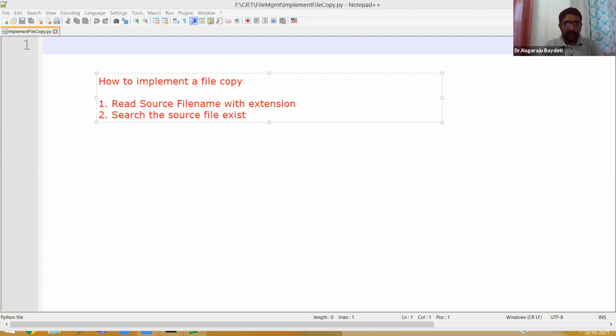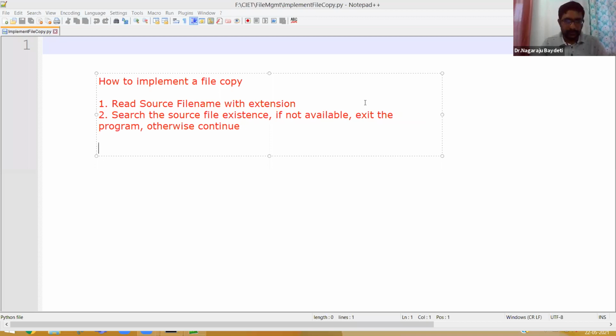If not available, that means you are trying to give the program a file name which is not there, exit the program. Otherwise, continue. I believe everybody understood what is searching the source file.